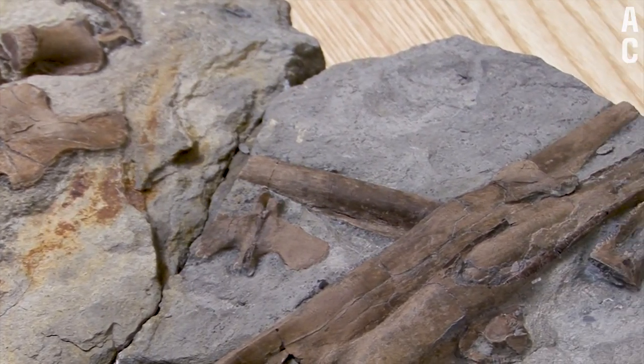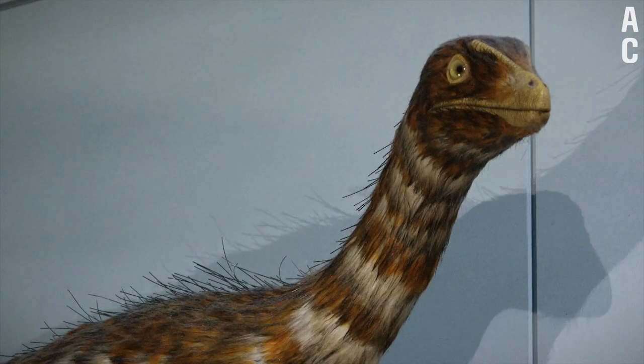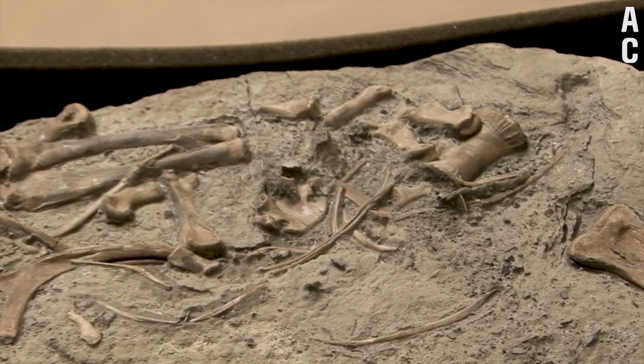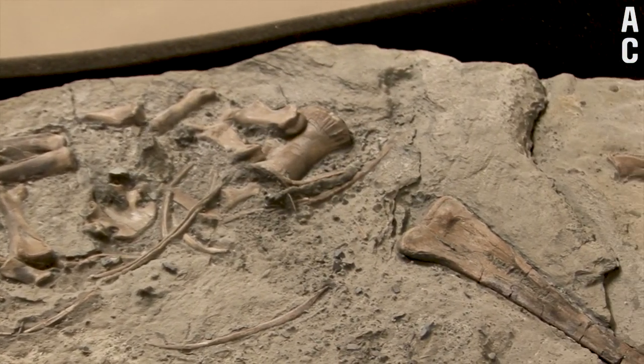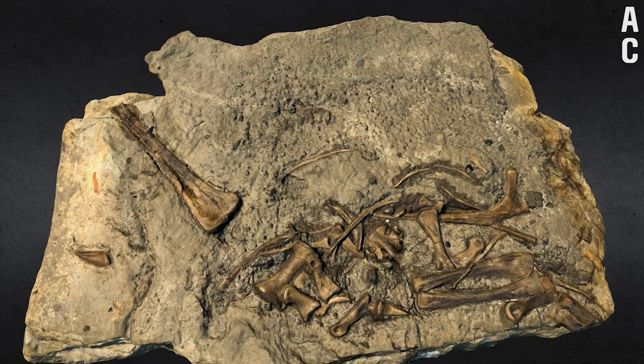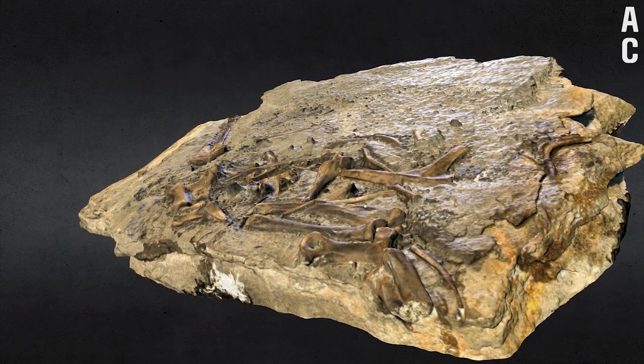This is the fossil of a little dinosaur called Dracoraptor. It was found by some amateur collectors and we were lucky enough to have it donated to us. Little Dracoraptor was one of the first carnivorous dinosaurs from Wales. The bones themselves are fairly well preserved and they have been three-dimensionally scanned so that the public can see those on our website and rotate them and look in each direction.